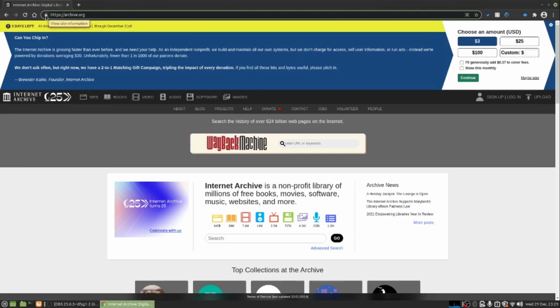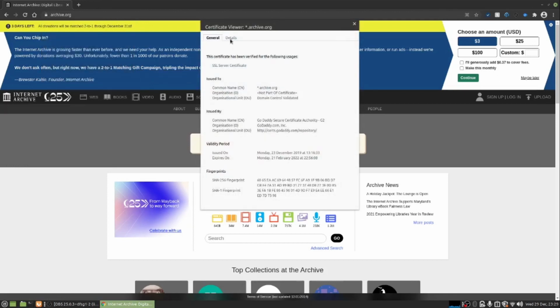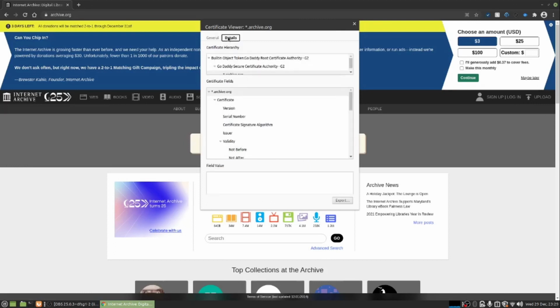The next thing we can do is click on the padlock, and we can see in the drop-down menu that we have a certificate option. If we click on certificate, it then pops up the certificate details in the certificate window. We can see that the certificate is for archive.org, that it has an issued-on and an expiration date, and that it was issued by the PKI Certificate Authority of GoDaddy. We can get more details if we click on the details tab,